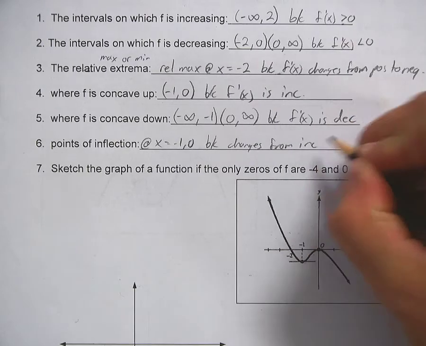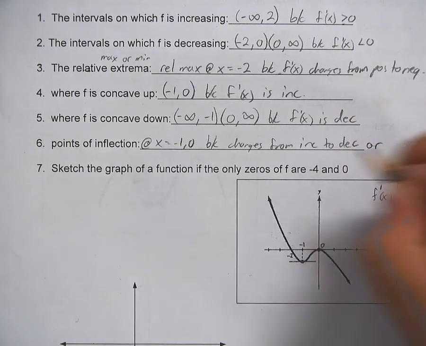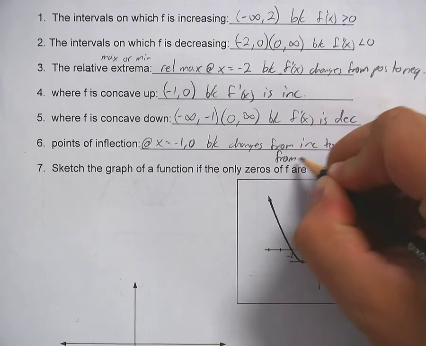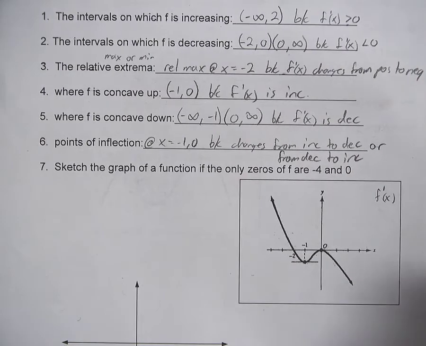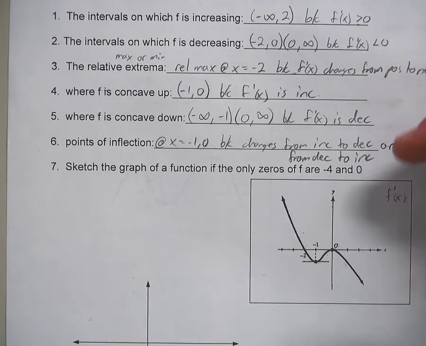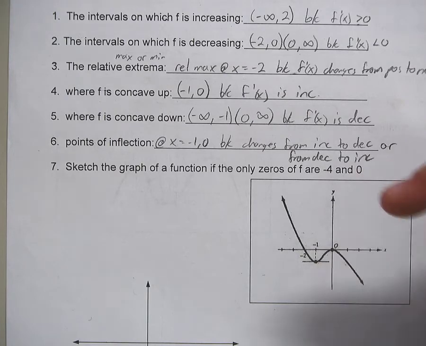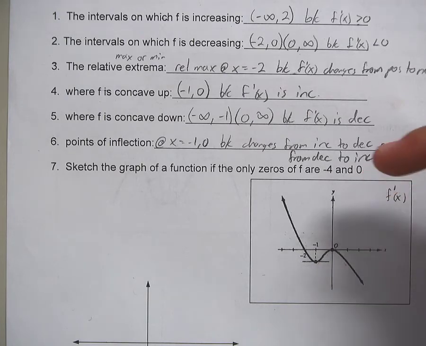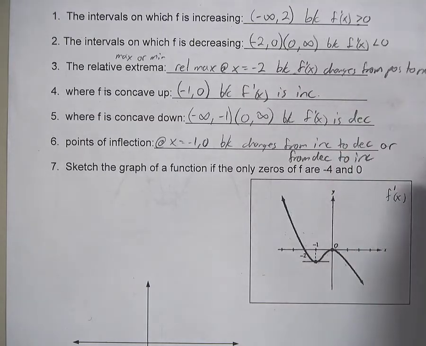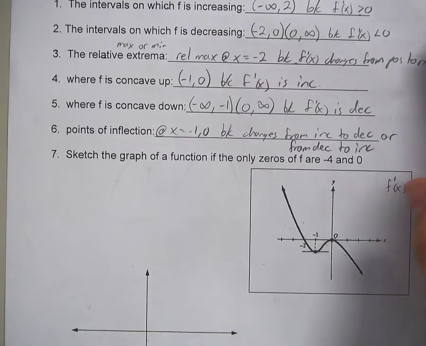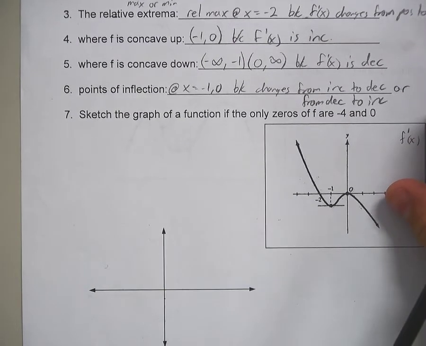Changes from increasing to decreasing, or from decreasing to increasing. That way it just covers all my bases. This just tells me that I know what I'm looking for. I know what I'm doing here. I'm trying to figure out where it changes from increasing to decreasing, or decreasing to increasing. All right? And then using all that information, we are going to sketch a graph of the function